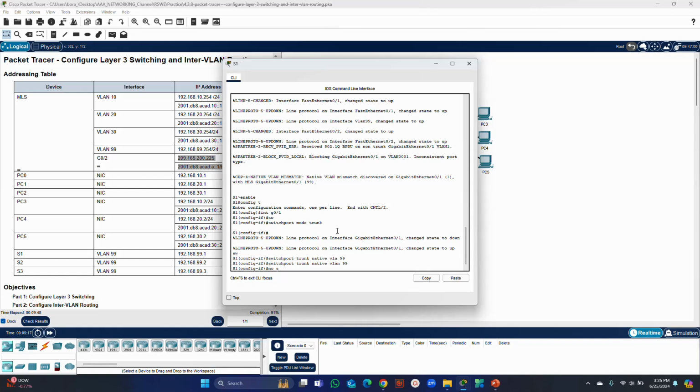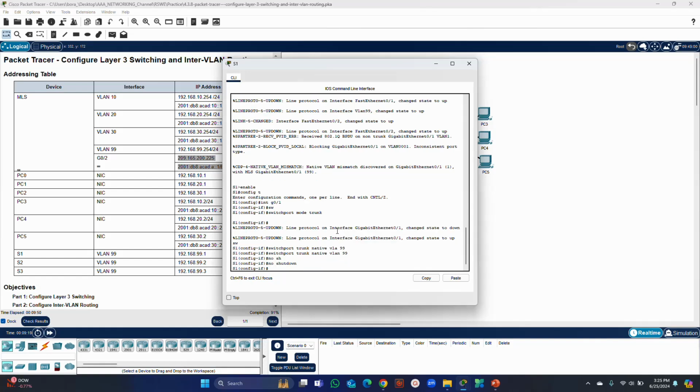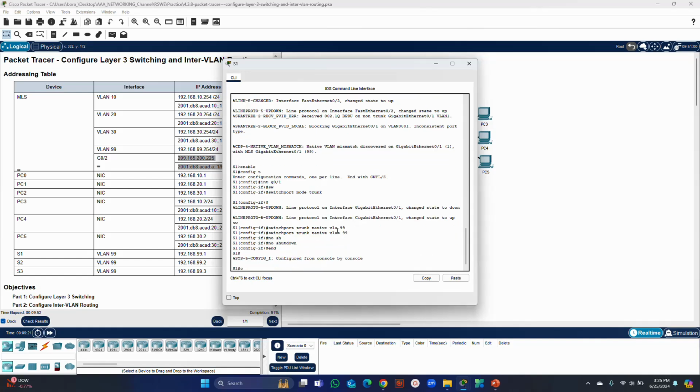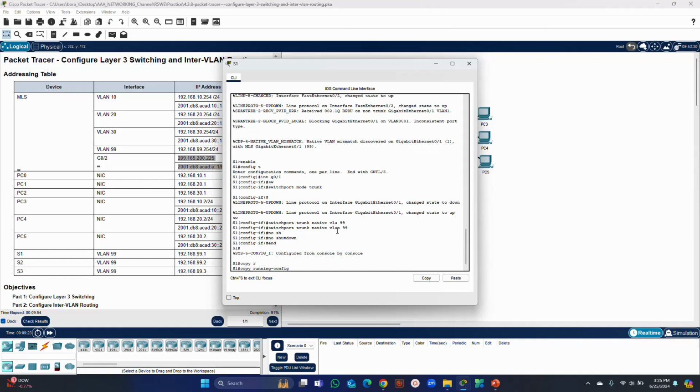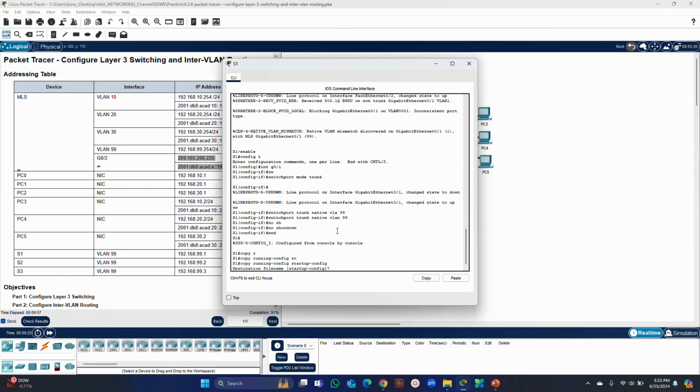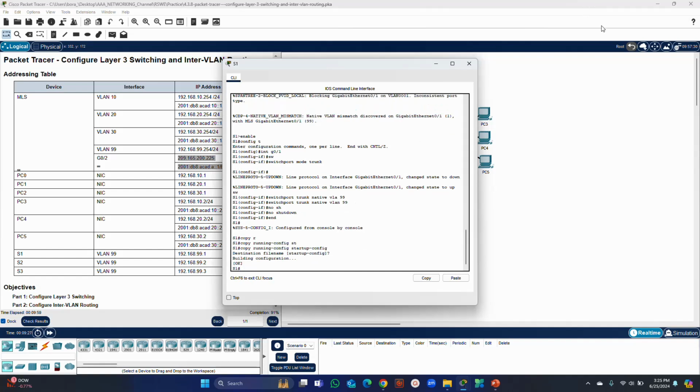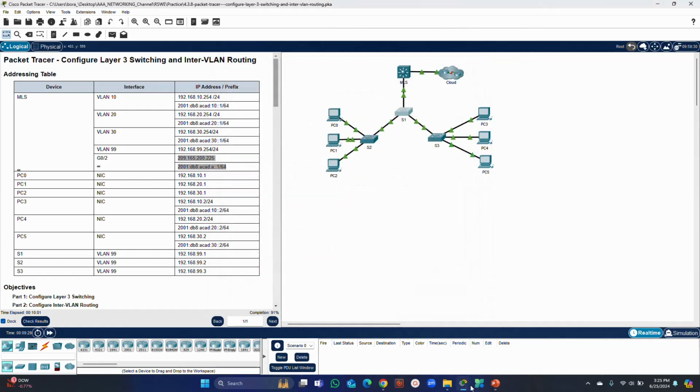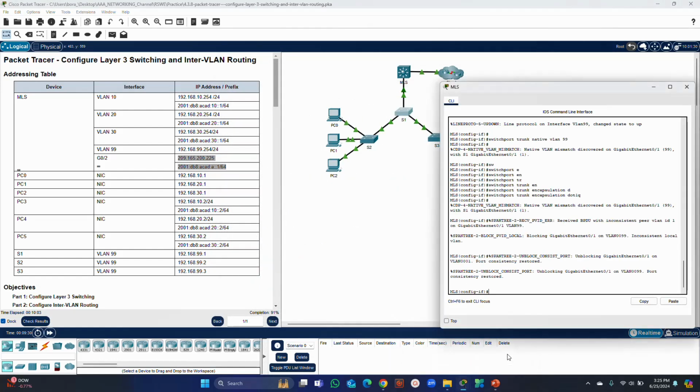Now shut it down and copy running-config startup-config, and then if you go to the multilayer switch, you will see that the link will be restored. Okay, considered restored. So after we are done configuring the trunk,